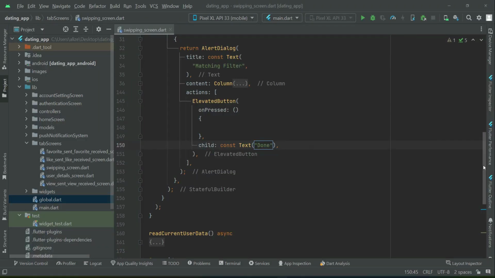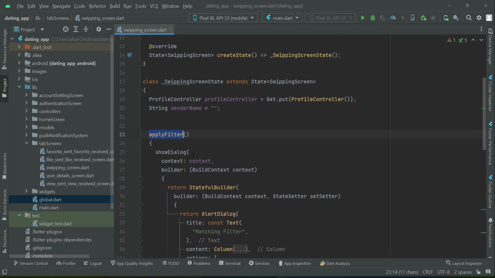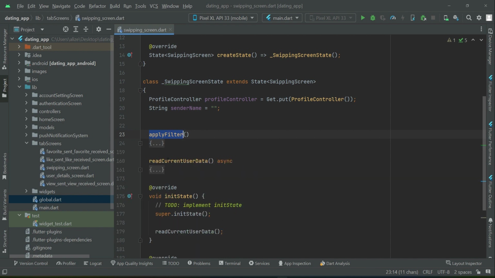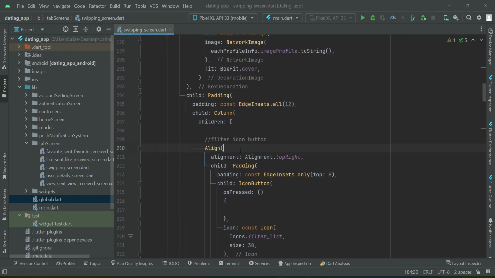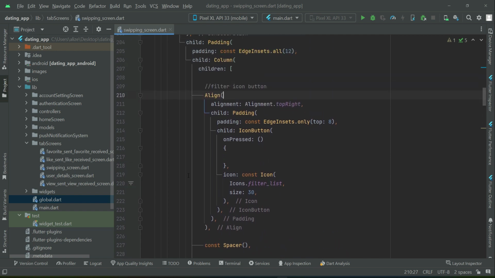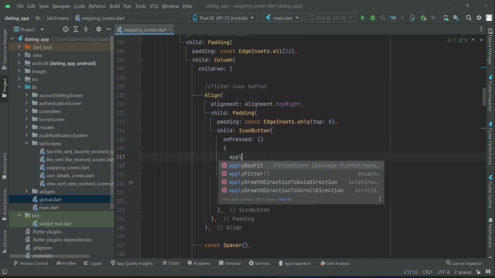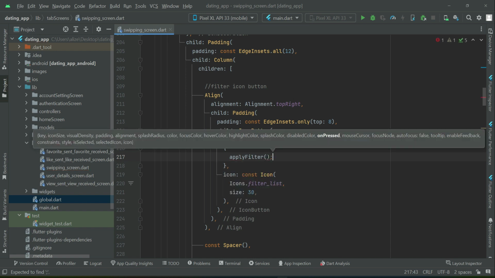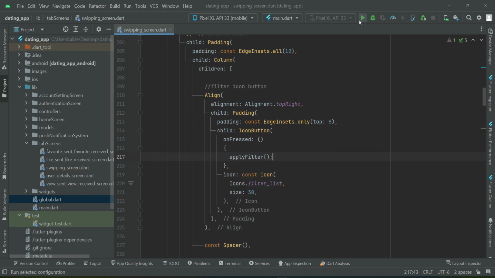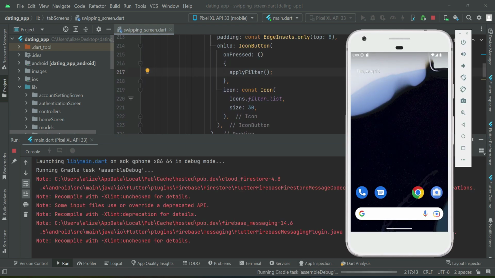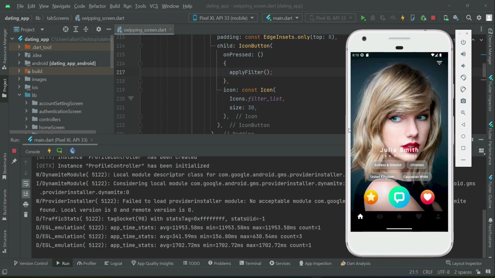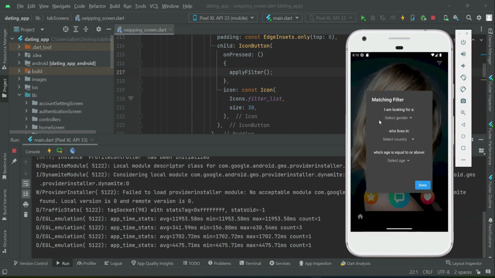So now let's test our application to see how it looks. Now the important thing is from where we will call this method. You know that we have already our button, which is this one, the filter icon button. You remember, we have to just call this apply filter. So now let's test our application. So the app is running now. Now if we click on this filter button, you see this is the matching filter,